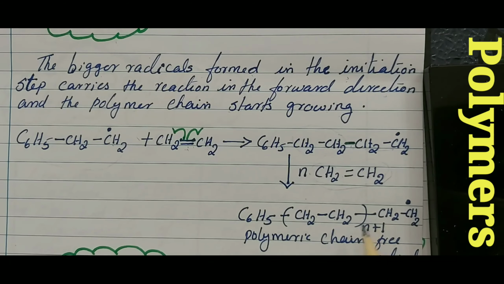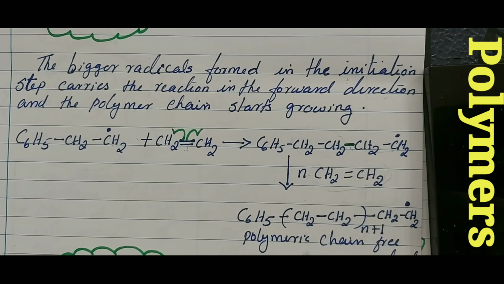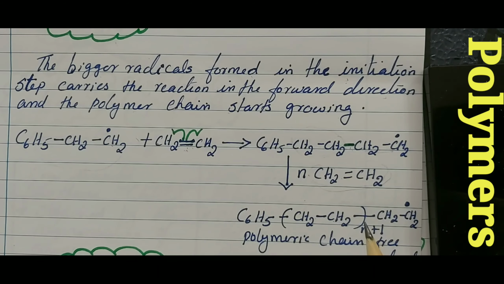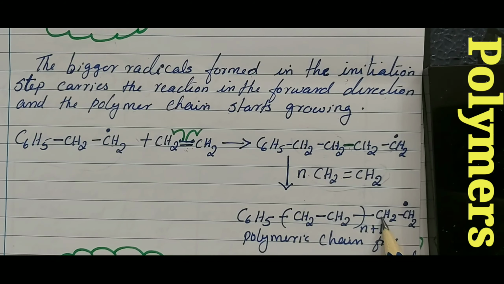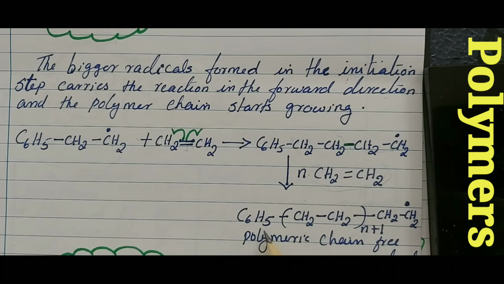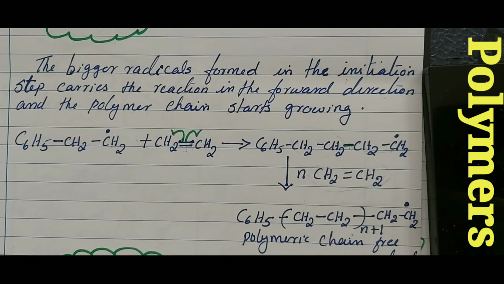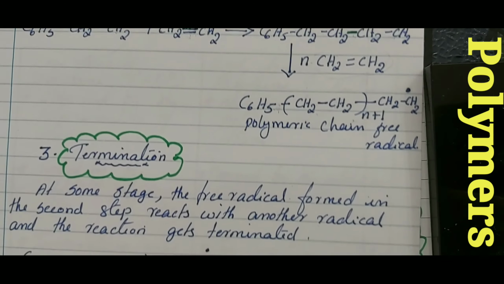Now this reaction is continuously happening. So somewhere this has to stop, then only the polymer will form. For that we have the third step, that is called termination. Normally for termination there are different methods, but here I am showing end-to-end termination. That means one unit of this and a second unit of the same are joining. So that you can see in termination.